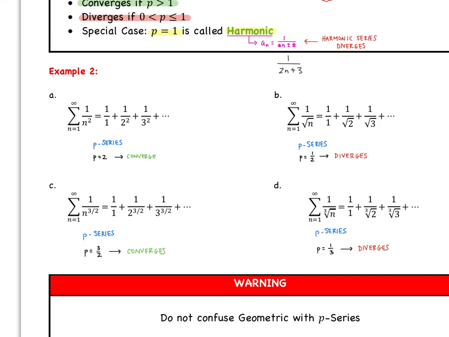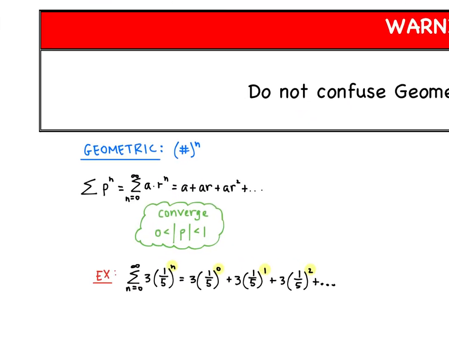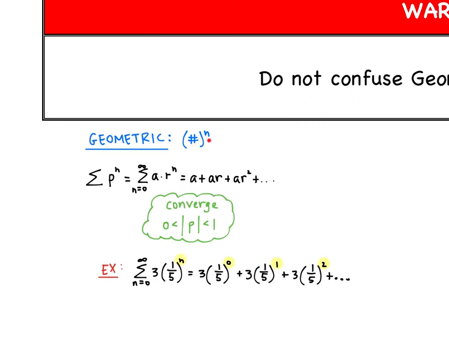All right. One thing we need to make note of is it can be easy to confuse geometric series with p series. Remember, geometric series are where we have some number raised to the n power. So it's like p to the n power, or in this case, remember, it's a times r to the n. And that series would look something like this when we start writing those terms out. Geometric series converge when the absolute value of r is between 0 and 1, okay? And if we take a look, for example, if we have 3 times 1/5 to the n,